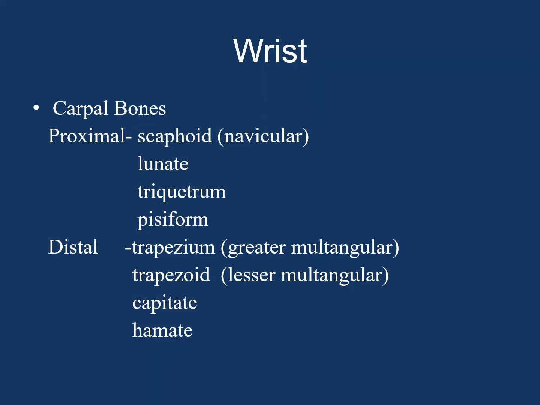Bones for the wrist. I'm sure you know the different names of the bones of the wrist. Okay, the carpal bones. The more proximal bones would include the scaphoid or the navicular, the lunate, the triquetrum, the pisiform. The distal bones will be composed of the trapezium or the greater multangular, trapezoid or the lesser multangular, capitate,